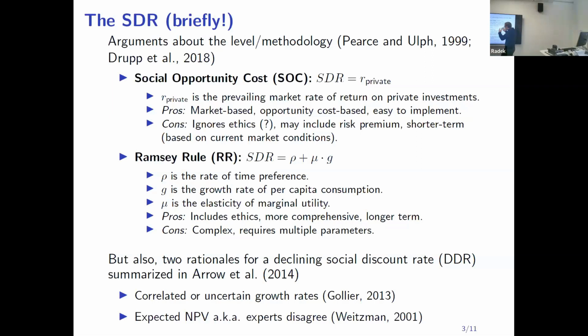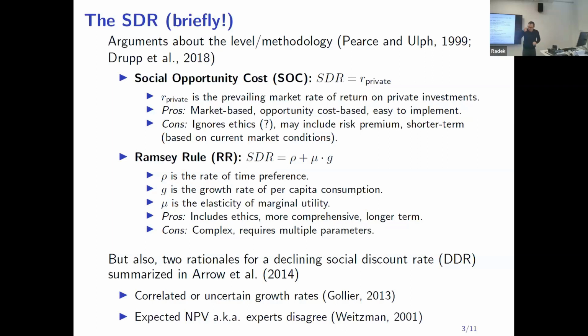And this is sort of nice. It has some positive benefits in that it's market-based. So what that means is that it has access, that number incorporates a vast amount of information from all the players in the market that you might not otherwise have as a social planner. It's opportunity cost-based, which is also in the name, but also very nice in that when you're a government choosing to invest in a project,